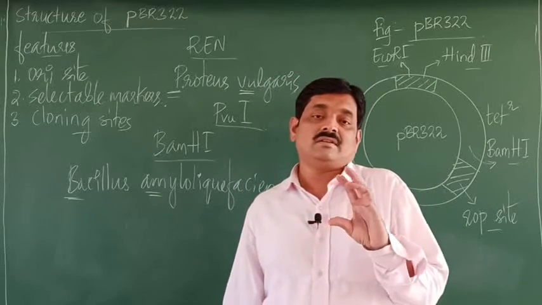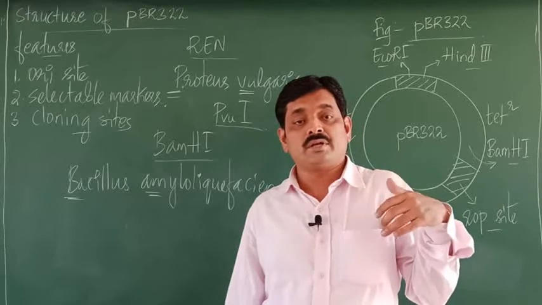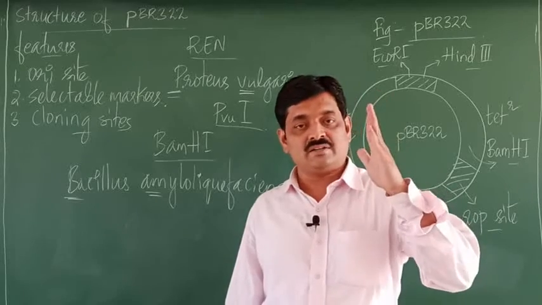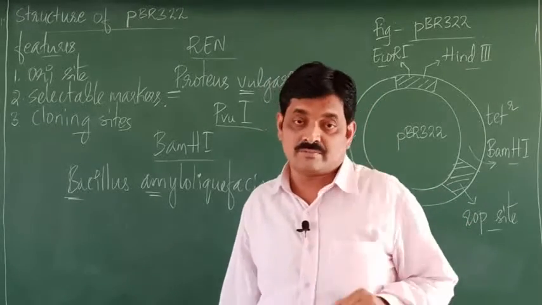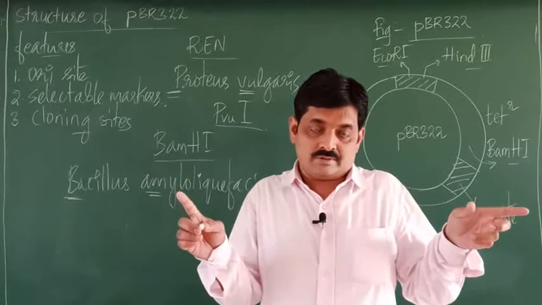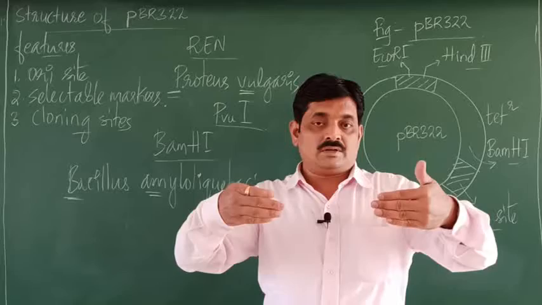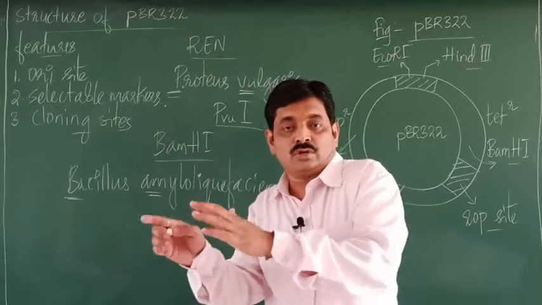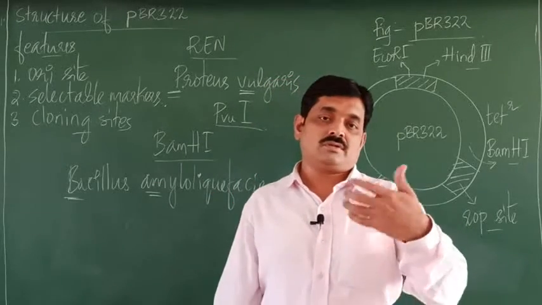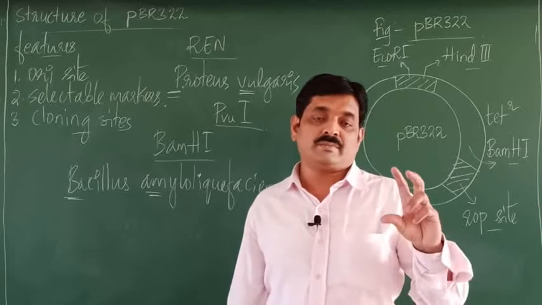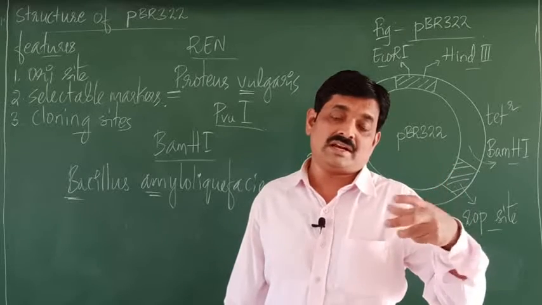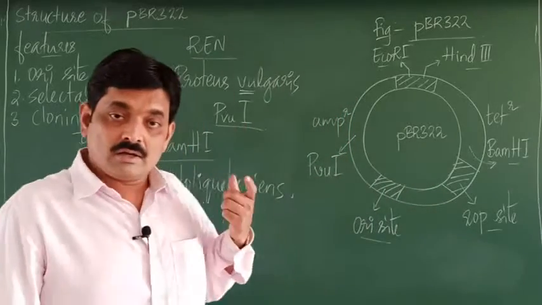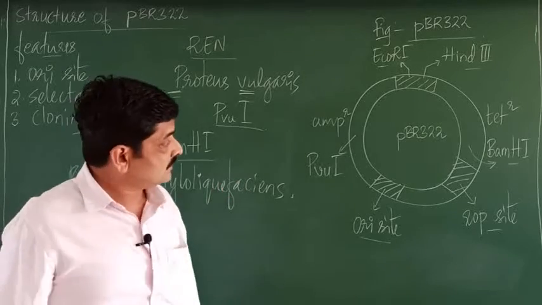So cloning site is the site that is involved in cloning. Here, the cloning site is the site where the restriction endonuclease cuts the plasmid. The plasmid becomes open, the desired gene is inserted, and with the help of enzyme ligase, you get recombinant DNA. This recombinant DNA is transferred to the host cell. The host cell undergoes multiplication, the plasmid replicates in the host, and gene cloning takes place. Because of this, these sites are called cloning sites.